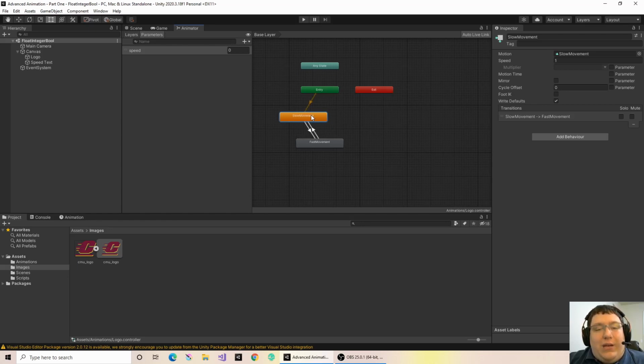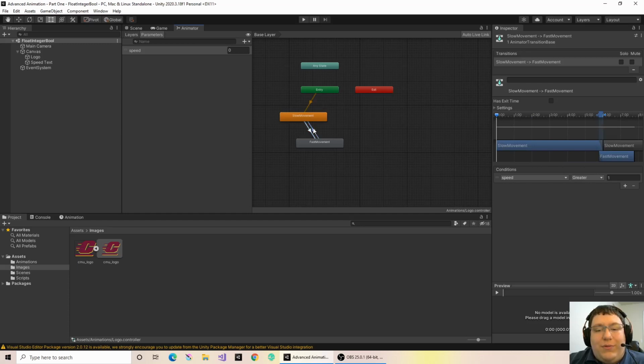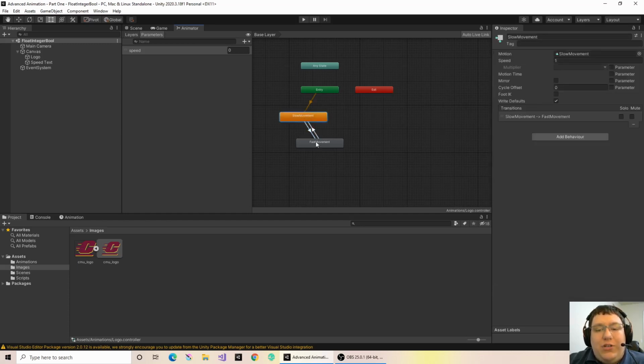Any other animations that have transitions with them, such as this fast movement, you can see we have an arrow going to it and away from it. These are controlled via the parameters that we'll talk about in just a second. But again, this is your default animation, and then we can have n number of additional animations with various transitions